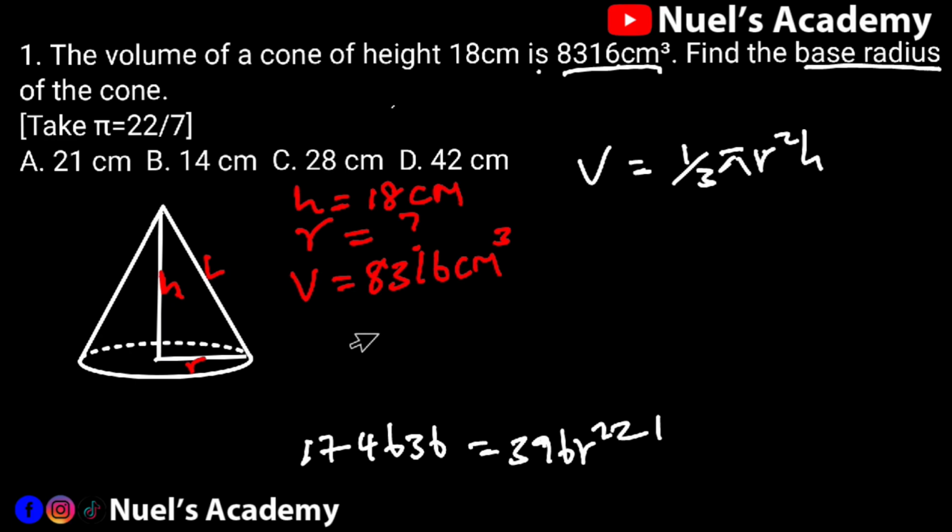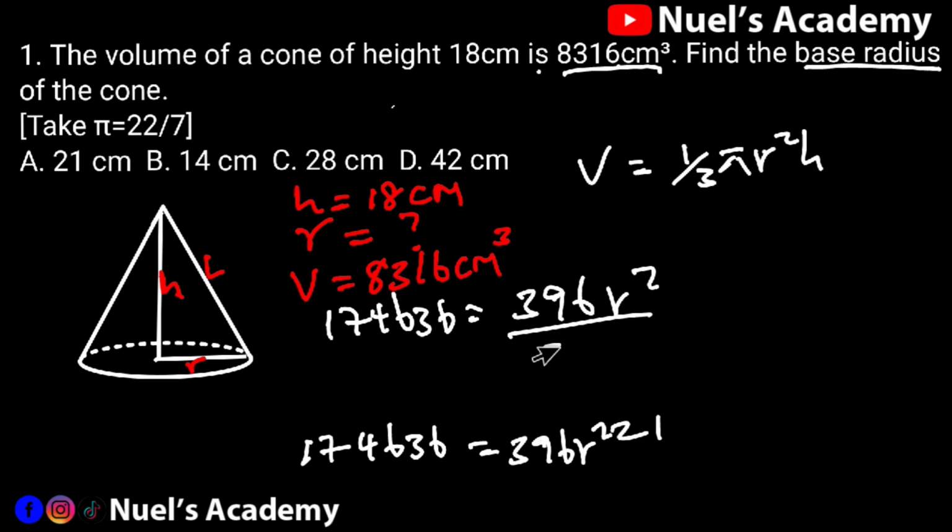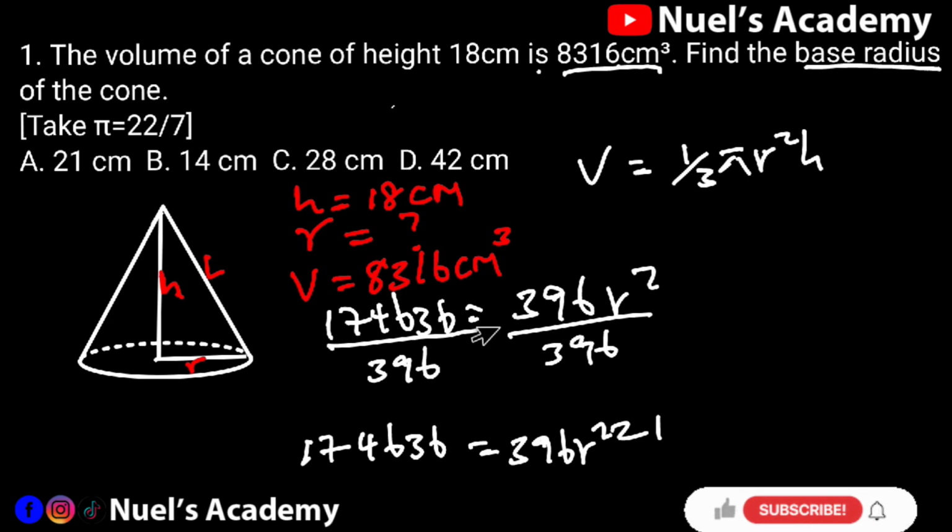And so we have that 174636 is equal to 396 r squared. So let's divide both sides by 396. Divide this one by 396. So this and this will go. Then our r squared becomes 174636 divided by 396. If you punch it into your calculator, you are going to get